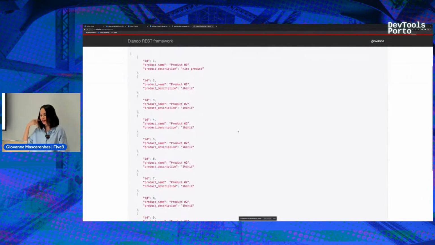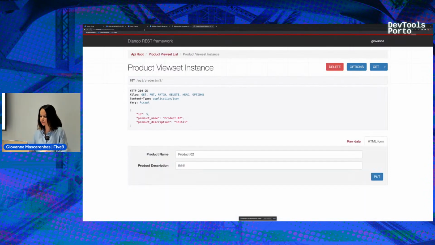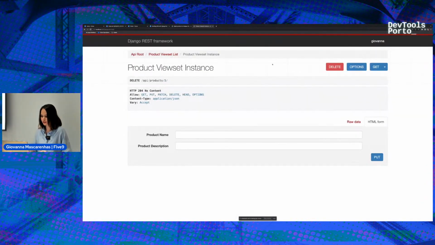So now imagine that I want to edit the product with ID number 5. Just add here in the URL ID number 5, and I'm gonna edit the name. I'm gonna do a put, and it's here, product number 5. And if I want to delete, I will delete too.